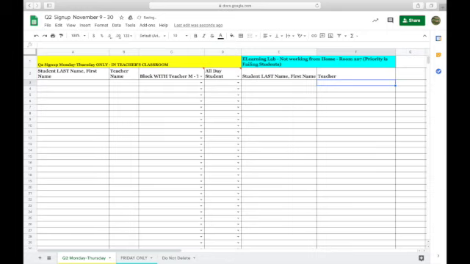First, if you have students that you want to bring in because you have extra space in your classroom, and of course you want to give some priority to those students who may be struggling in class or may be failing a class based off first quarter, you want to sign them up under this yellow category here. And this means that they're going to be coming to your class Monday through Thursday up until the end of this month, and then we can reassess at the end of the month if we want to continue to bring them in or bring in a new group of students during that time. So if you list their names here, they're going to get a letter from us letting their parents know that they need to be here Monday through Thursday in your class.